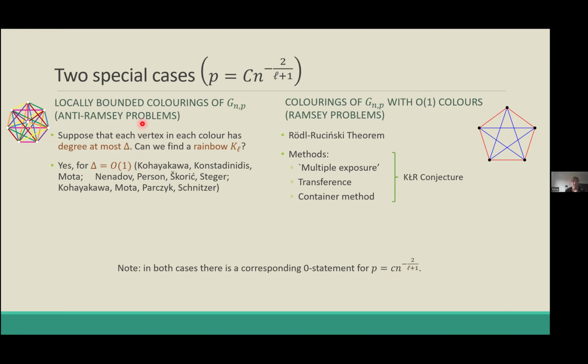And as part of our work, we actually had to strengthen this result to delta being some small constant times Pn. So this is a stronger result than the above because a larger maximum degree is a weaker restriction and therefore gives you a stronger theorem. And this implies, in particular, that each vertex sees at least 1 over delta colors. So each vertex sees only a bounded number of colors. So this is clearly optimal up to a constant factor.